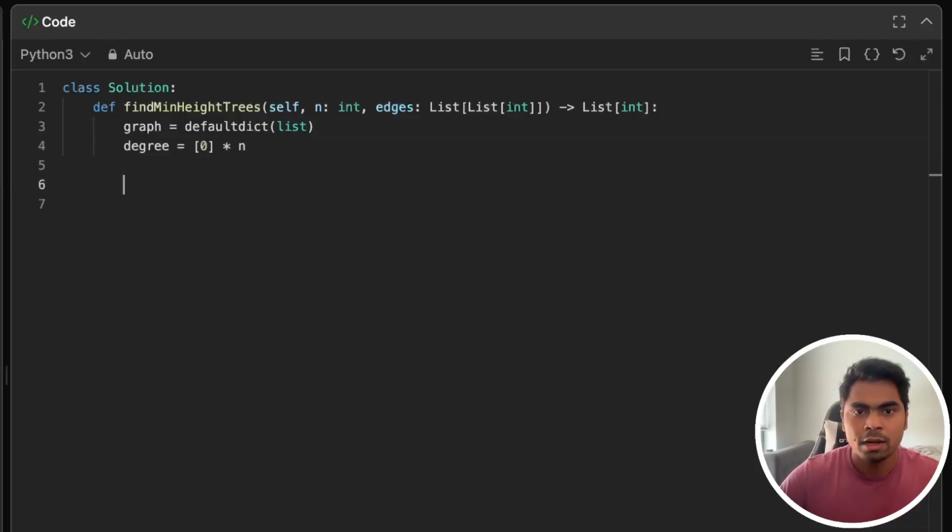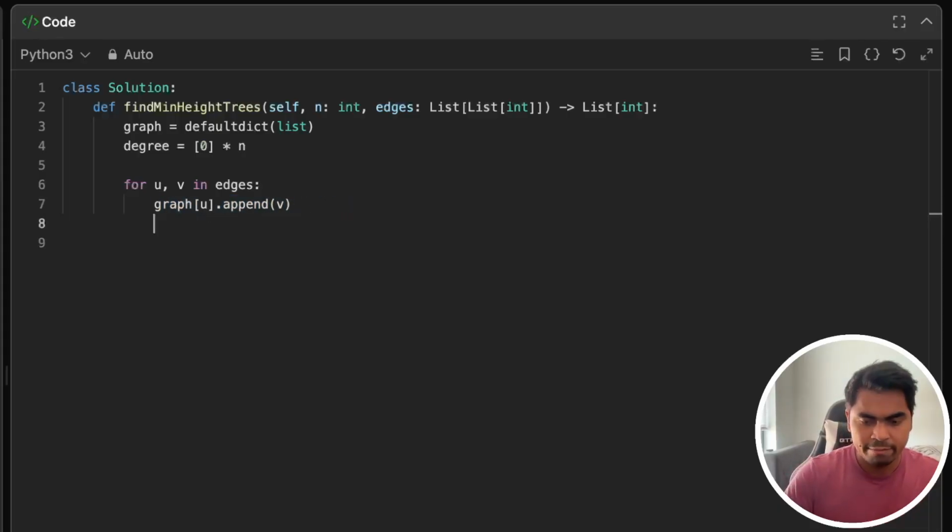All right, now I will be visiting all my edges, so u and v in edges. So to my graph I will be appending v to u's neighbors, and I will do vice versa, adding u to v's neighbors,